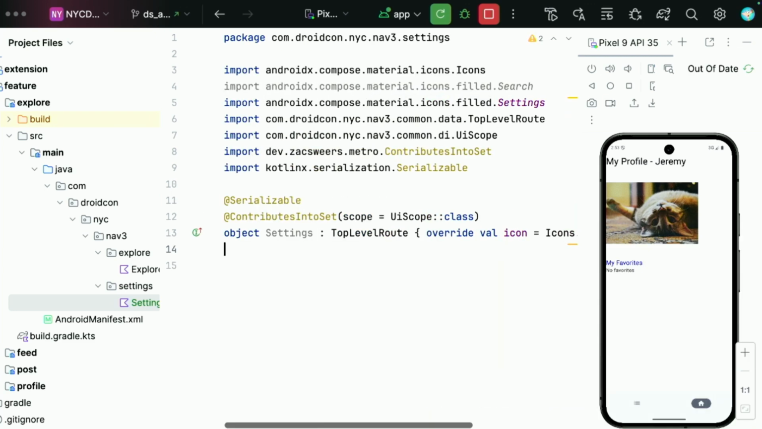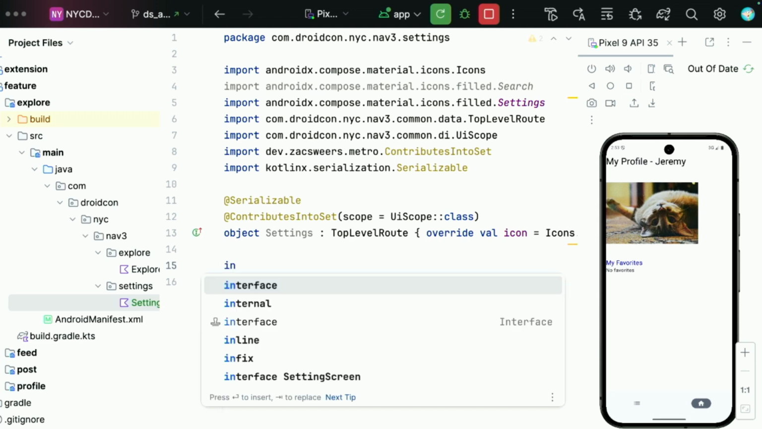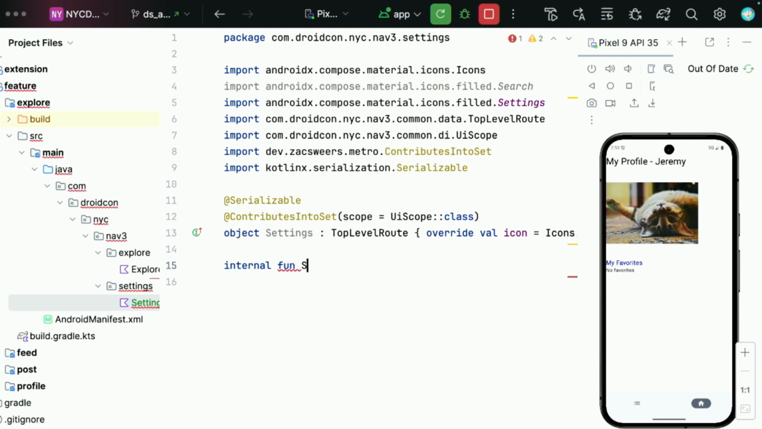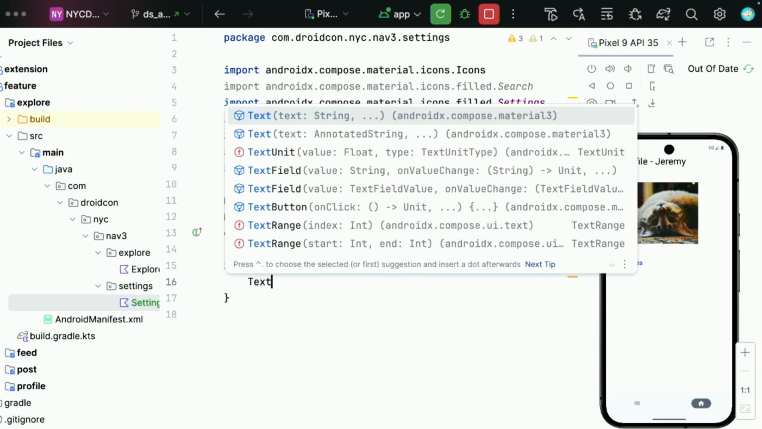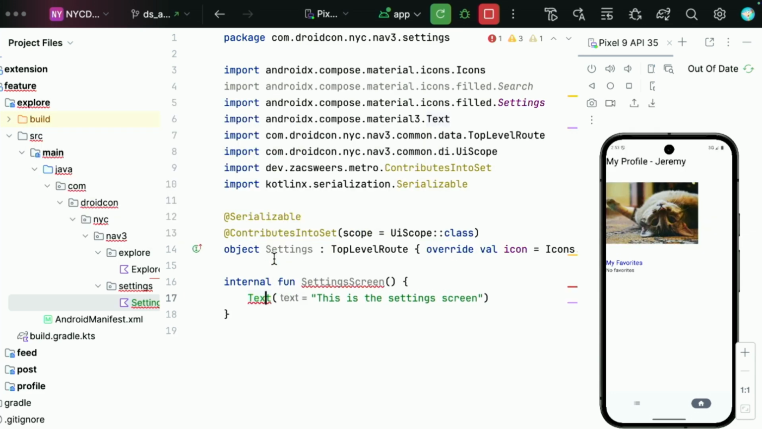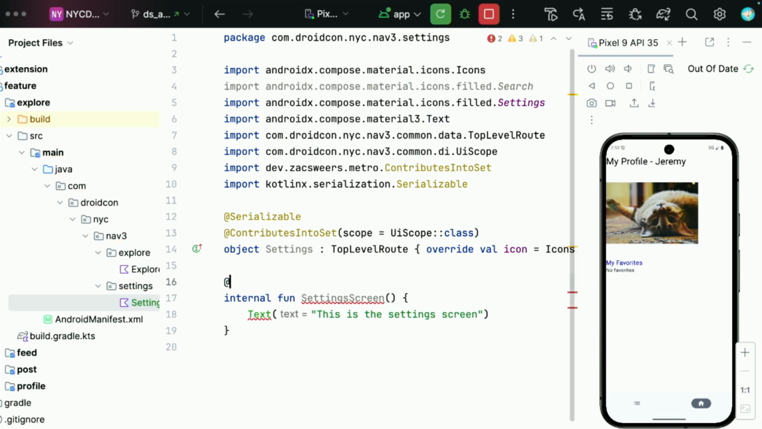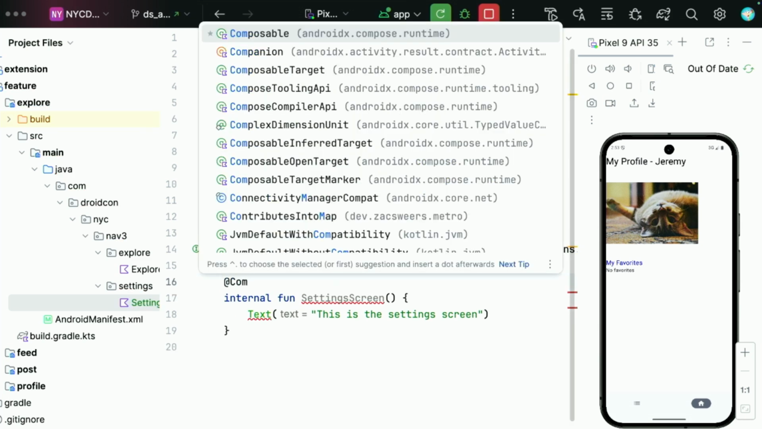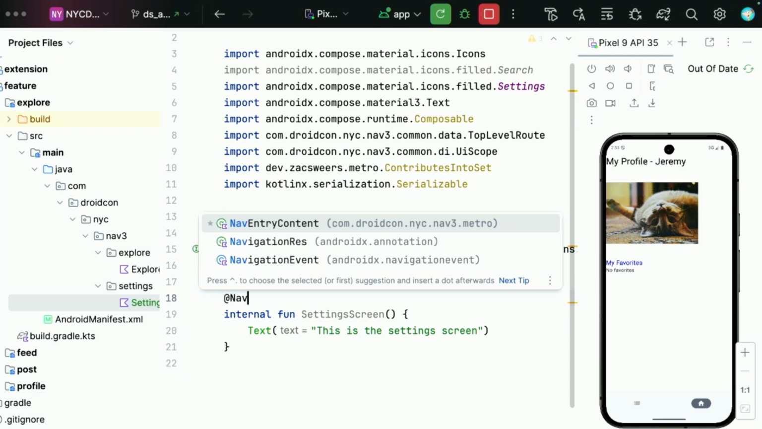And the cool thing about this API that we just made is that it only requires us to write a composable function. Let's call it settings screen. It's gonna be very simple. It's just gonna have a text: this is the settings screen, nothing fancy. We import this composable function, but then we just made an API called nav entry content, which